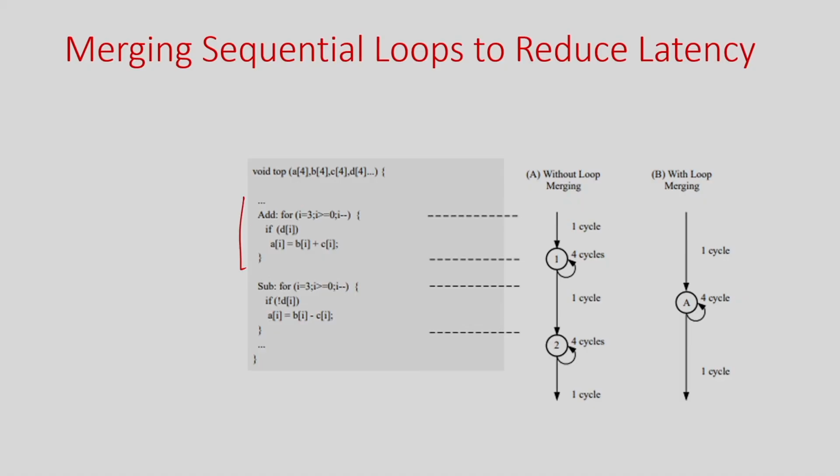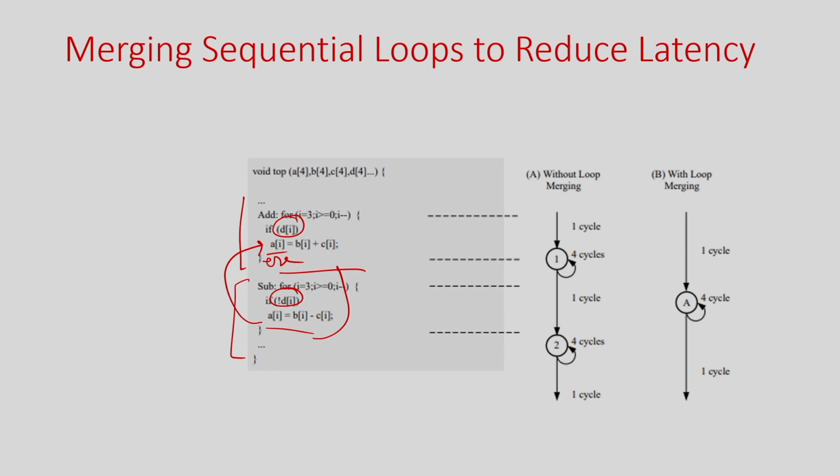So as a result, you can improve performance. If there is a long nested loop, it is a good idea to unroll the innermost loop, right. As a result, the parallelization will improve, and the total number of clocks needed to execute that particular block will reduce. Okay, so this is one idea, and I will take an example for merging sequential loops. Suppose you have a loop 1 where you are calculating A, and another loop where you are calculating A again, but here the condition was di, here not di, right. That means these two parts of the code are mutually exclusive, right. You can just write else here and do this here, right.